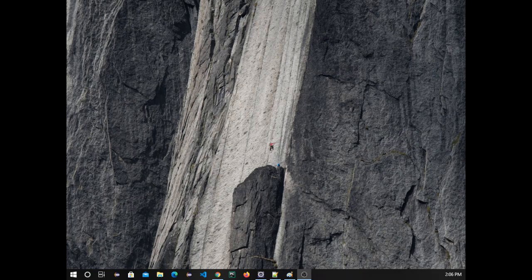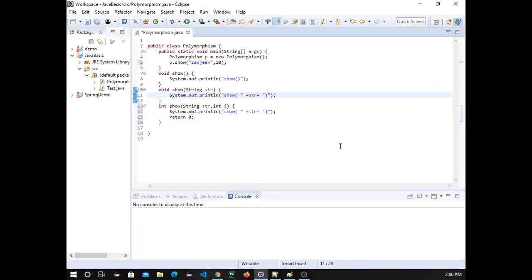So hi guys, in the last video we have seen compile time polymorphism. In this video also we'll see a small part of compile time polymorphism, and then we'll go for runtime polymorphism. Compile time polymorphism means if we are calling some function, while compiling this program only it will be decided which function is being called. So this is compile time, and this concept is called method overloading.